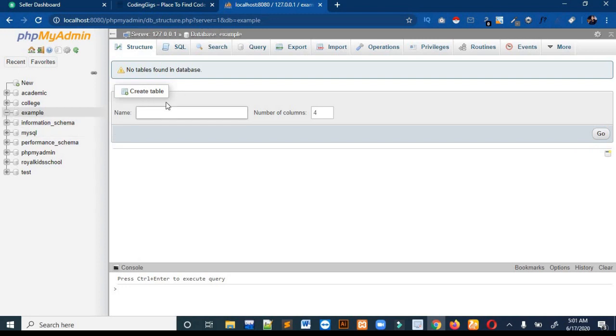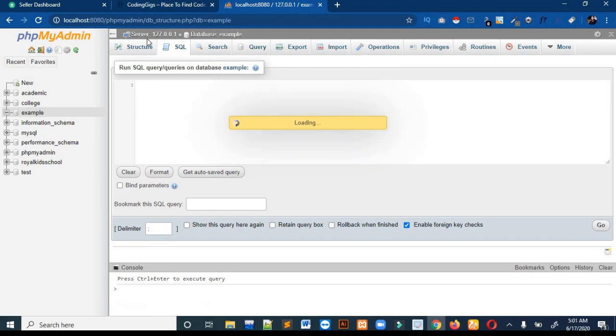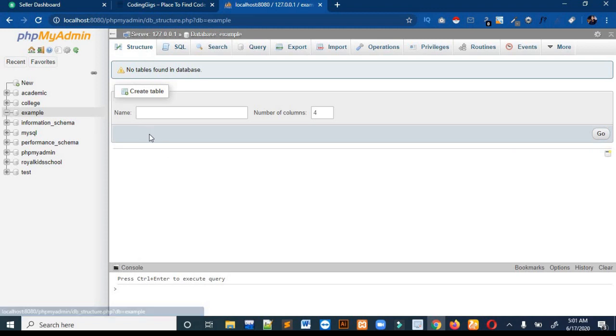You can create a table directly from there, and you can also write an SQL query. You can see that there is an SQL tab, so you can click on there and write a query if you want to. I will make it directly. Let me go back, and you can see that it is written here, create table.